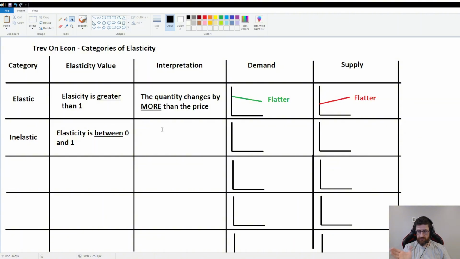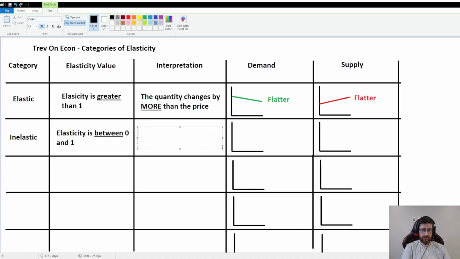Again, we don't deal with negative numbers because the negative numbers get turned to positive through an absolute value symbol. If you don't remember why, go check out the last video. All right, but this is again that idea of insensitive. So our interpretation is also fairly straightforward. It's the quantity changes by less than the price,